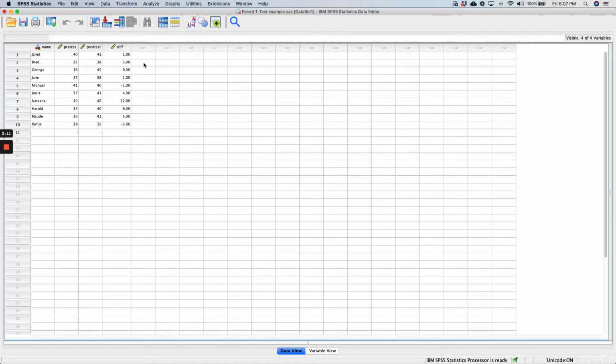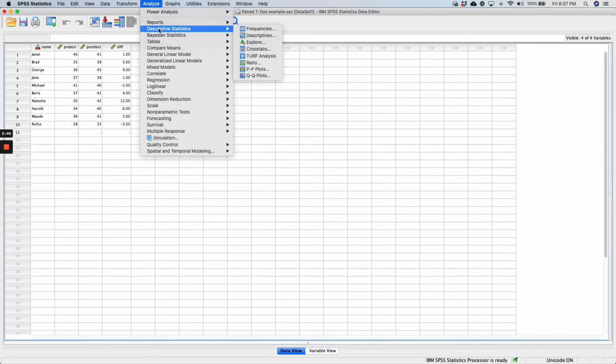It is now time to generate the histogram with the normal curve for the diff variable, and so we are going to do that next. As you probably remember, there are different ways that we can create a histogram. You can go into Graphs to create a histogram. You can go into Analyze, Descriptive Statistics to create a histogram. Any way that you would like to do that, you can go ahead and do that. And so we're going to go ahead and do it from Analyze, Descriptive Statistics,